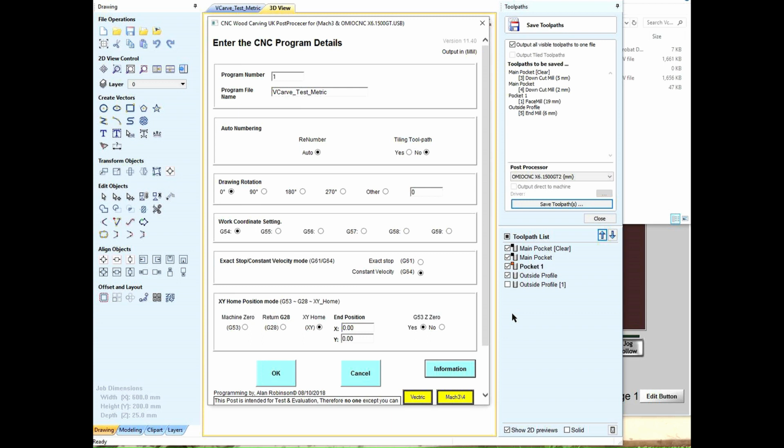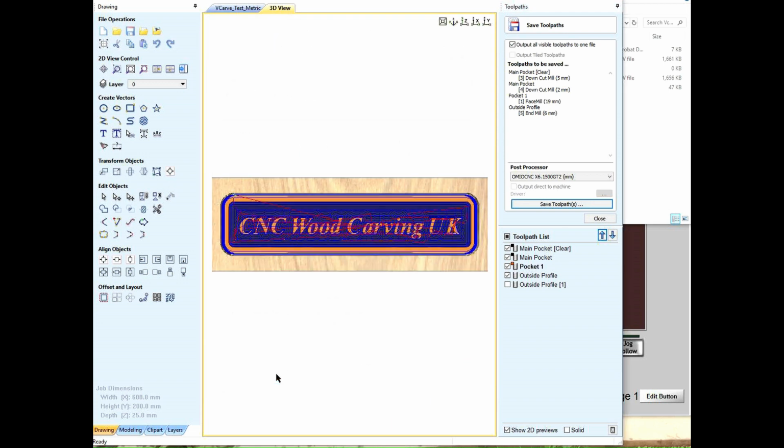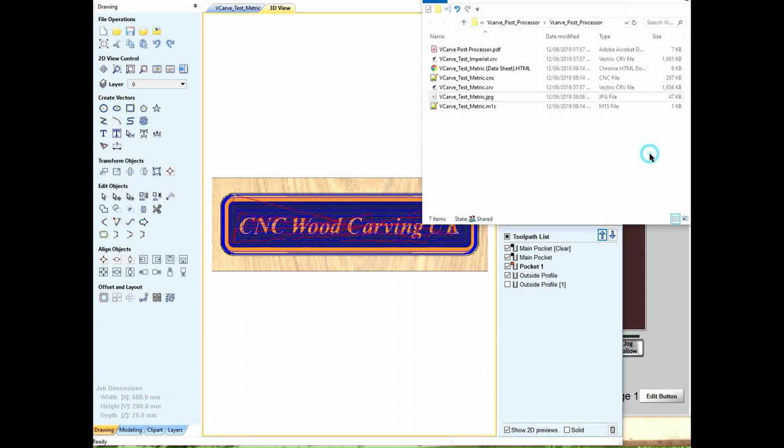Now that we have set all the information we think we need, just click OK. And as normal, it looks as if nothing has happened until we go to the page where you've saved your program. Now here you will find, unlike VCarve Pro, there are several other files which have been created. The first and most important